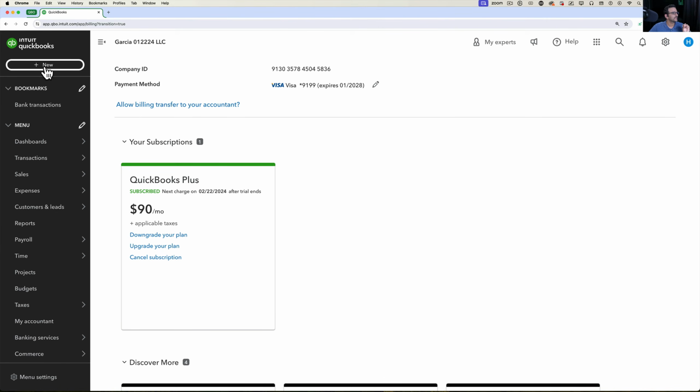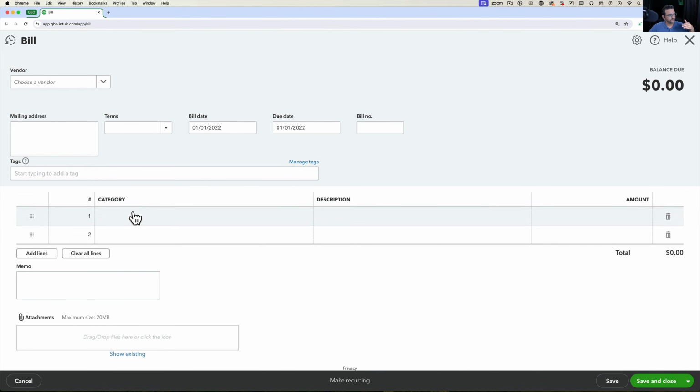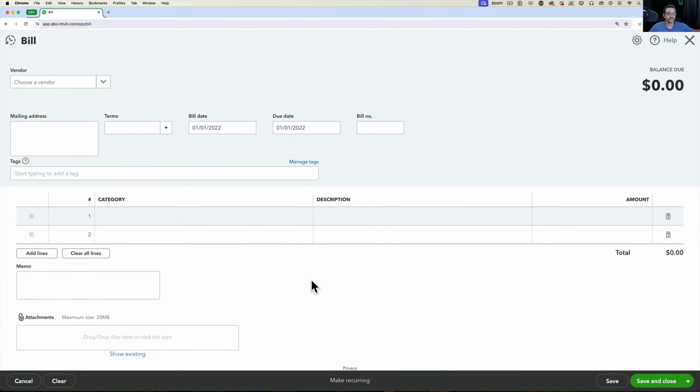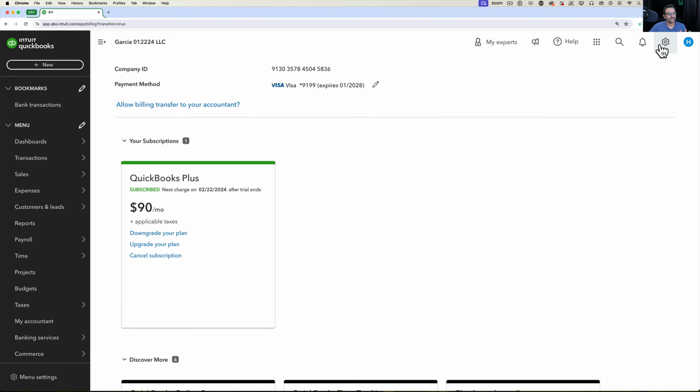So let's start by going into the new button and then going into bill. And then you're going to notice that with bills, the only option you have here is to choose categories. There isn't an option enabled to add items into bills, but you can do that simply by adding it in the settings. So I'm going to X out of that, and I'm going to go into the gear menu on